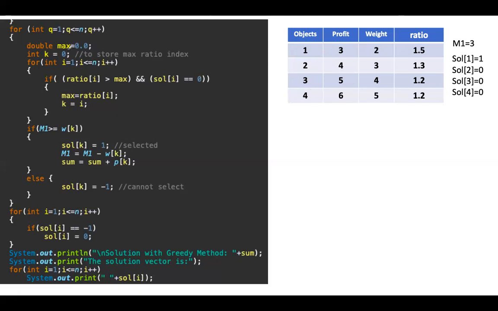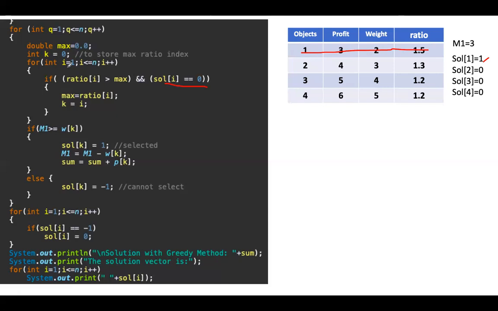In the next iteration, again, we will start from here. Max is initialized to 0, K is 0. Now, solution of 1 is 1, so this item has already been considered into the bag. Next, if i is equal to 1, this condition fails, because solution of 1 is not 0.